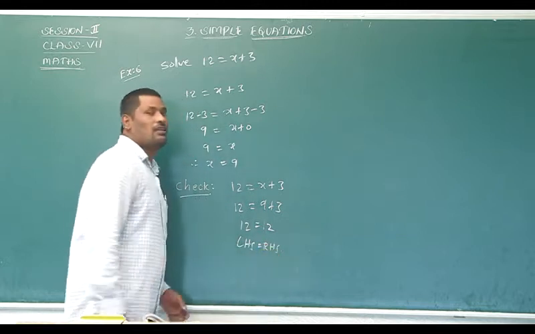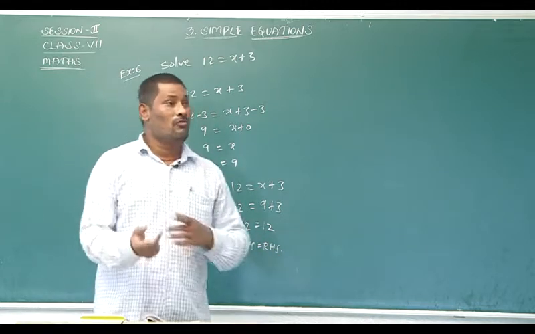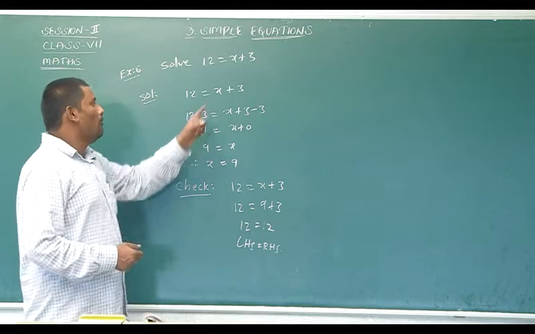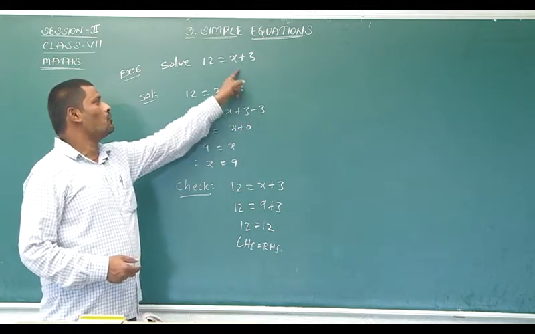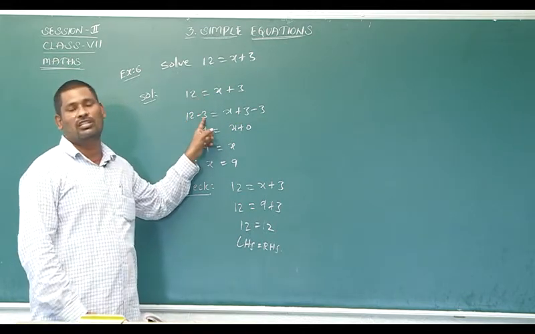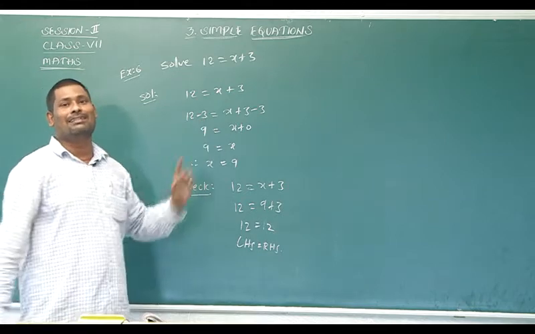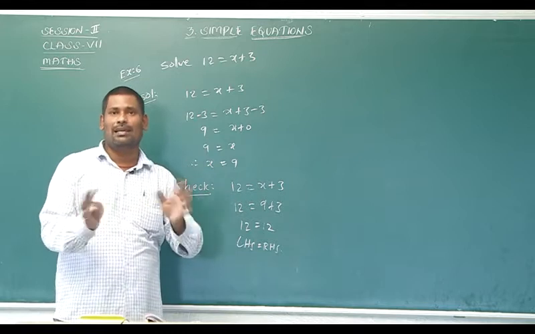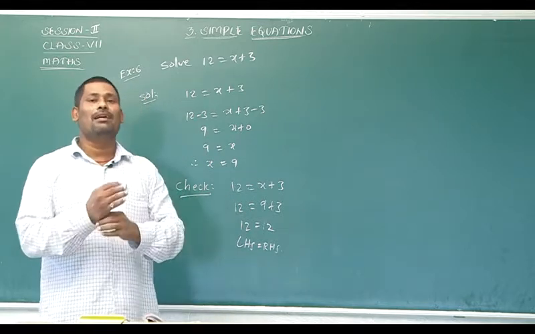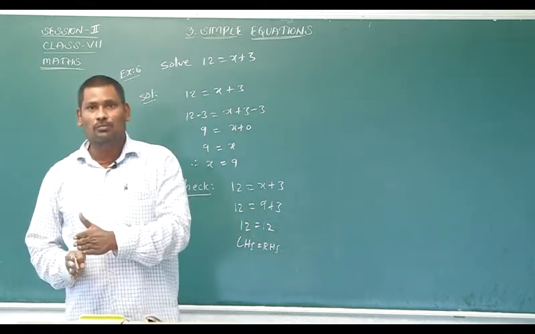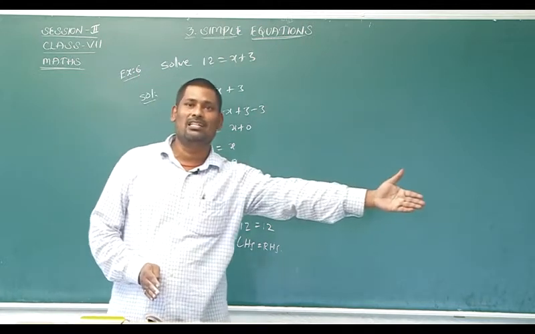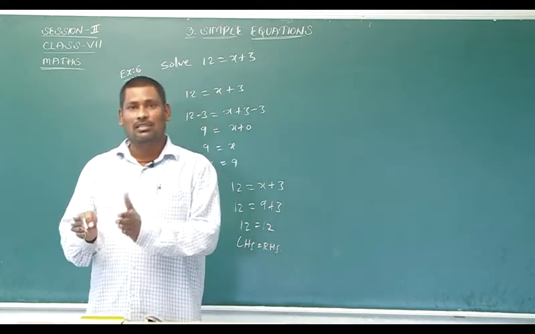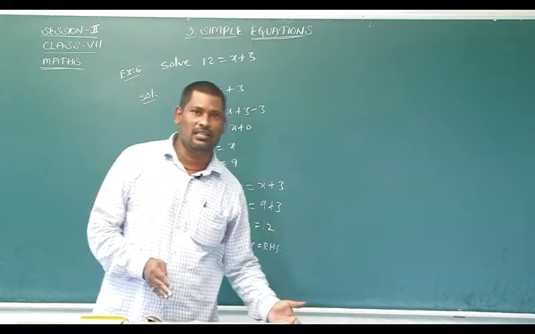So you observe one thing here, my dear students. What is happening here? Plus 3, if I transpose to the left hand side, it changes into minus 3. Remember, in the next classes we don't always add minus 3s and plus 2s like this. We will learn about transposing. So a plus term, if I transpose to the other side, changes into a minus term. A minus term, if I transpose to the other side, changes into plus.